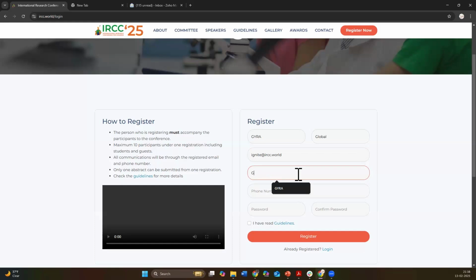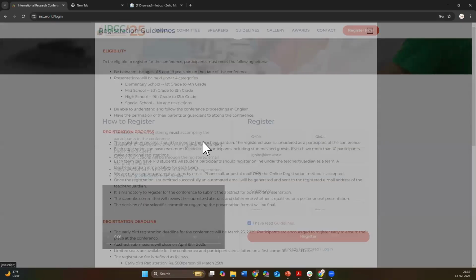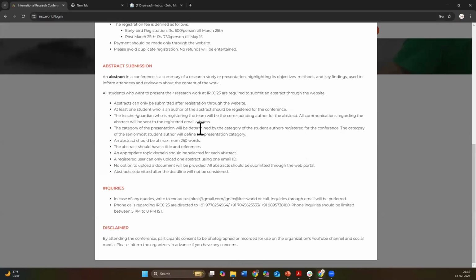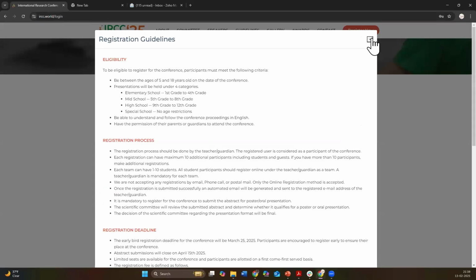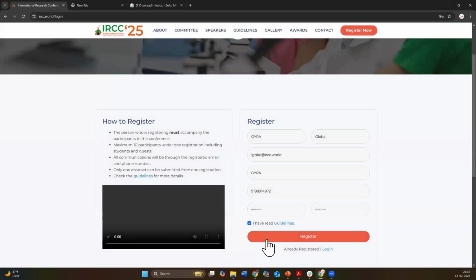You need to put your institution name and a phone number. And then provide your password. Re-enter it. You need to remember the password. There is a set of guidelines that we have. You need to look at that and accept it. There are all the details there. It's also available on our guidelines page. And then once you click Register,